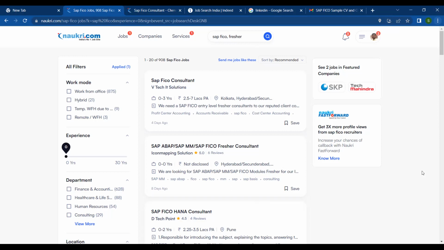I will show you how you can apply and what important points you need to mention on your CV and the job portal which you are applying on, so that your CV gets selected. So what I was saying is 25% is done when your CV gets selected, 25% is done when your job interview is scheduled.